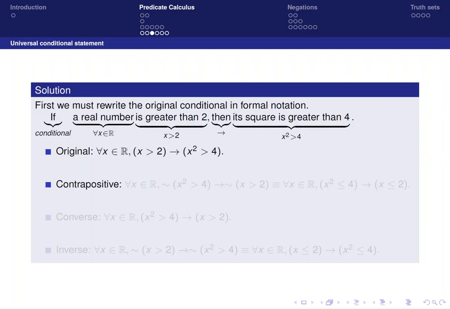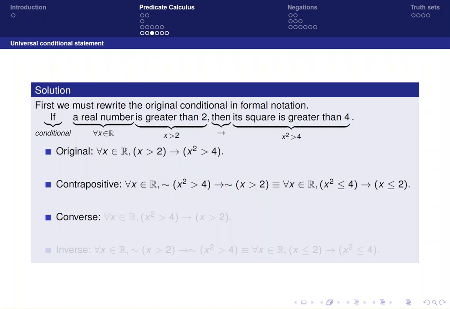And keep in mind that the contrapositive is just going to negate the p and q and it's going to swap them. It does not affect the domain. So when I rewrite the contrapositive, I must negate the original p and q that were there and swap their locations. So this gives me, for all x in the real numbers, if x squared is less than 4, then x is less than or equal to 2.